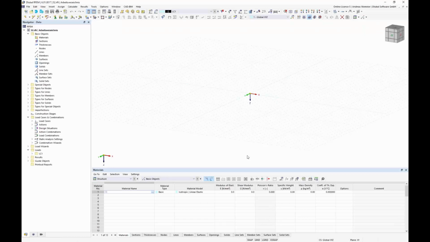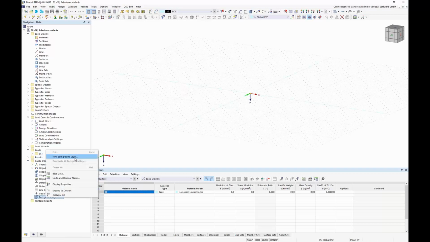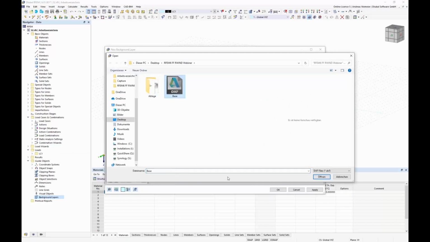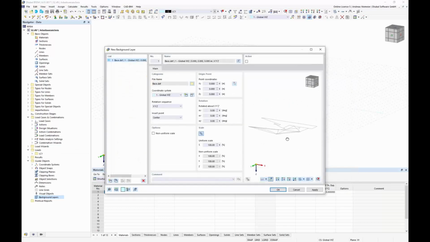And now let's start. So of course it's not easy to model a whole stadium or a fragment from it. So I prepared a DXF background layer. So I go to background layers and import here a layer from a DXF file called base. And you see this is my DXF data. It's on the wrong plane, so I rotate it 90 degrees and then by 180, and then everything fits and we